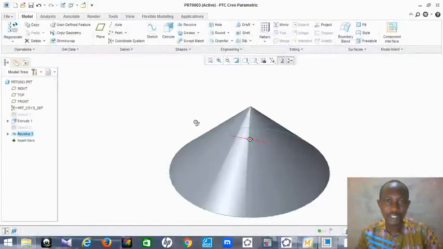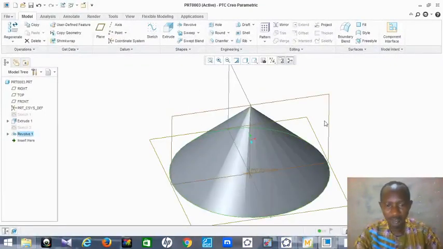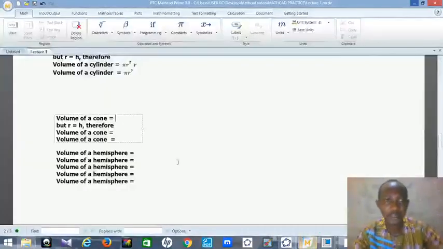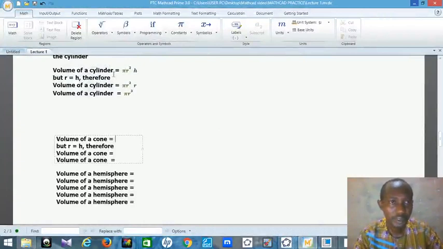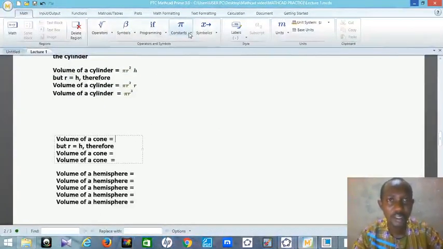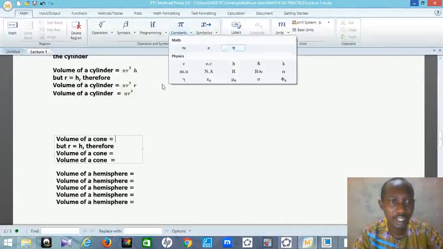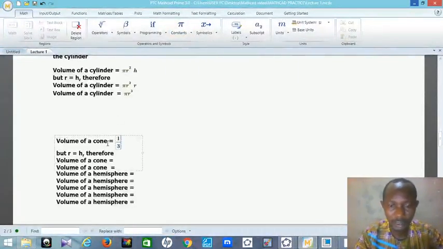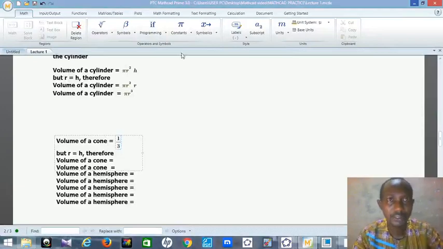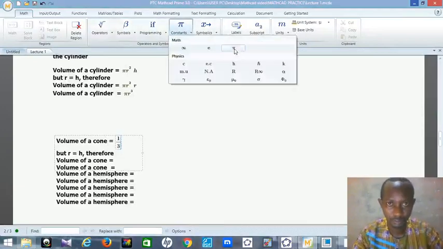With this idea, if I go back to our note, you see that this is the volume of a cylinder. So the volume of a cone is gotten by removing 1/3 out of this. So all I just need to do is to remove 1/3 out, which is 1/3 of the volume of a